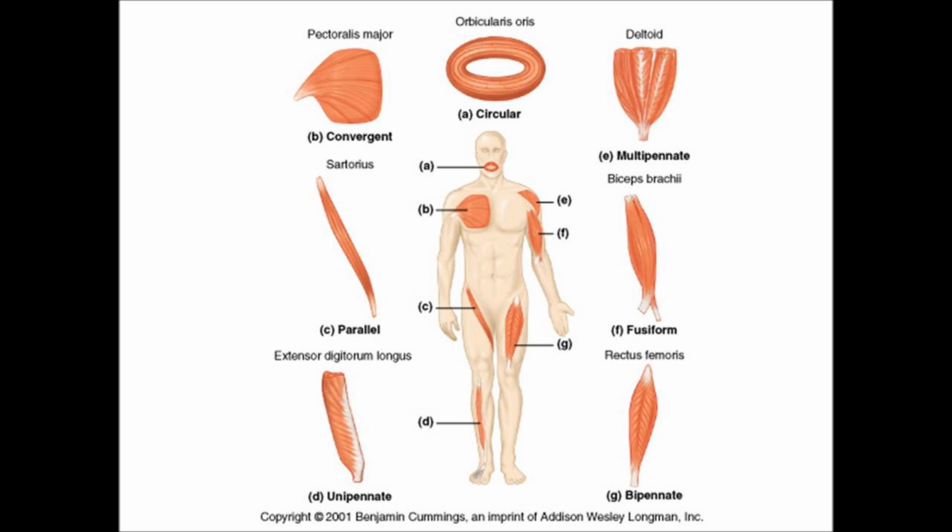D, extensor digitorum longus, shows a unipennant arrangement, which is sort of like half a feather, where the muscle fibers run at a bit of an angle toward a tendon that then is very long and inserts at the insertion. Then E shows a multipennant arrangement, such as the deltoid muscle, where you have multiple little feather-shaped arrangements of the muscle cells. And then F shows a fusiform muscle, the biceps muscle, which is kind of a spindle shape with a very thick belly and a small origin and a small insertion. The last example there, G, shows a bipennant